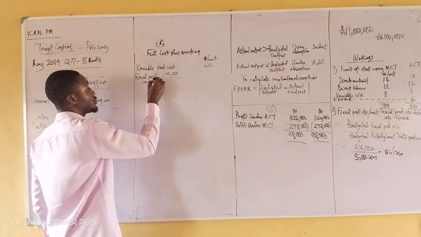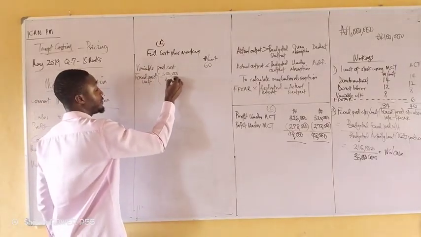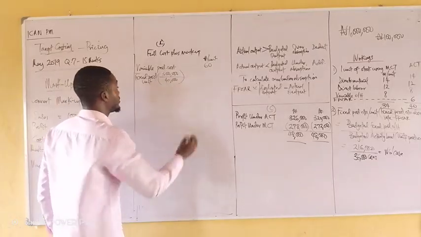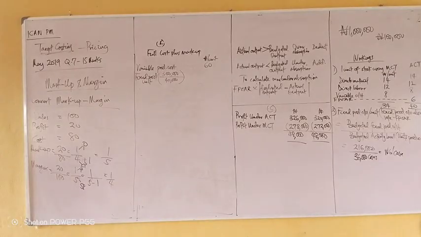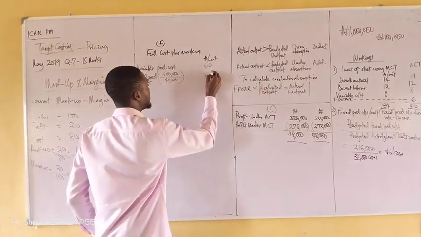How many units were produced? 40,000 units, Abi. So divide. 7.5 naira. Then they said